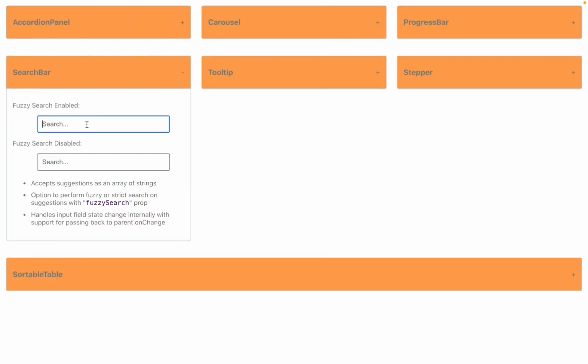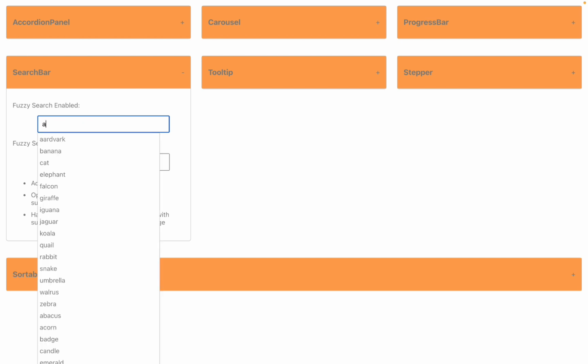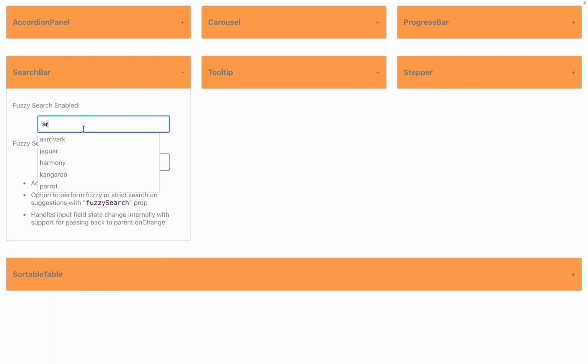Today we're going to be making a React search bar component that will have fuzzy search and suggestions. And what fuzzy search does is basically just searches for the needle anywhere inside of the haystack. So if you type in, for instance, AR here, it'll return any suggestion that contains the string AR anywhere inside